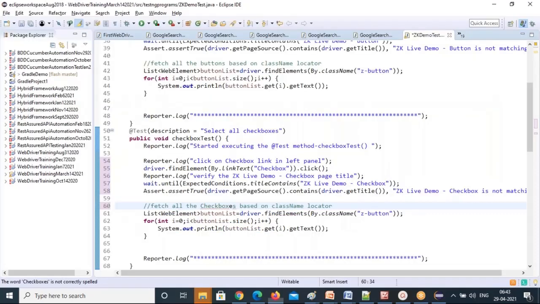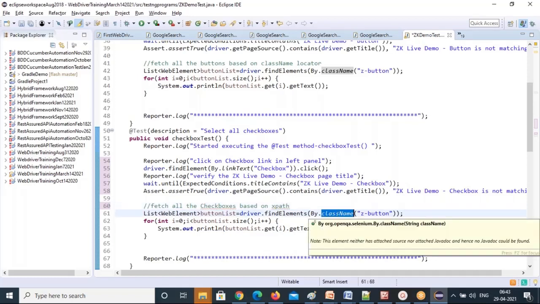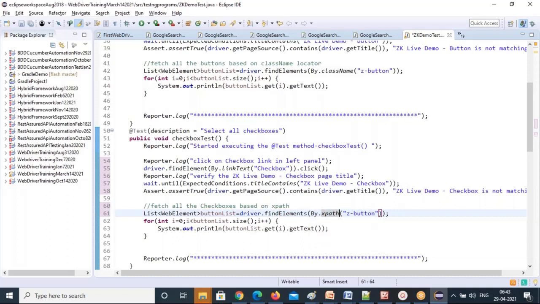So you need to use XPath here to fetch all the elements into a collection. Okay, I'm going to use XPath here.